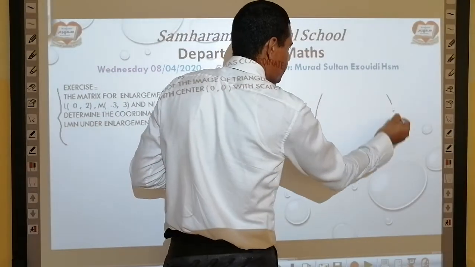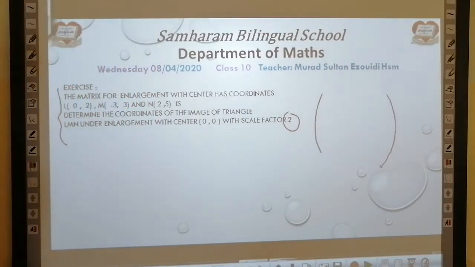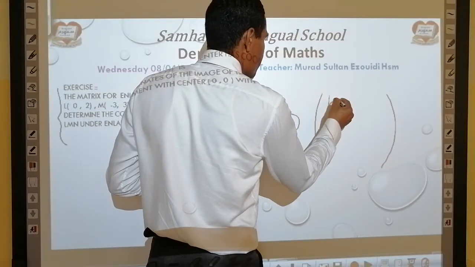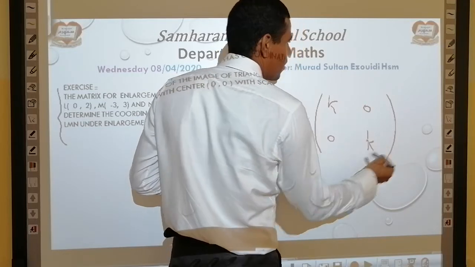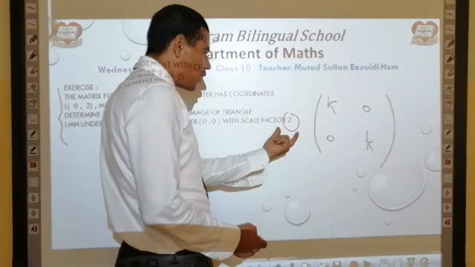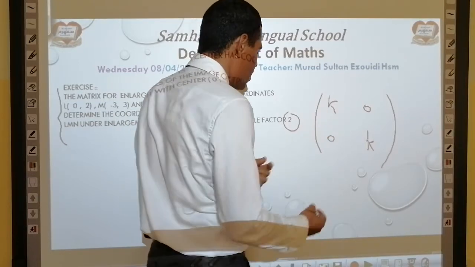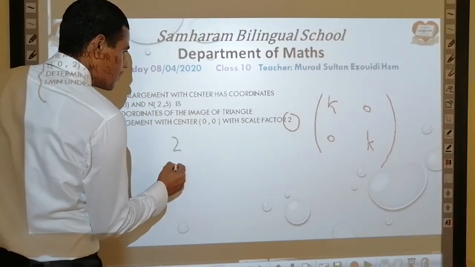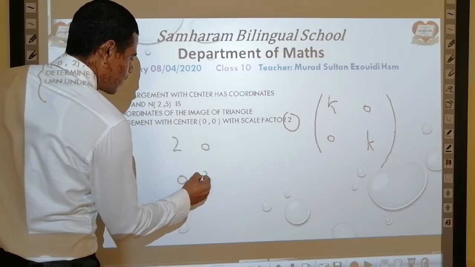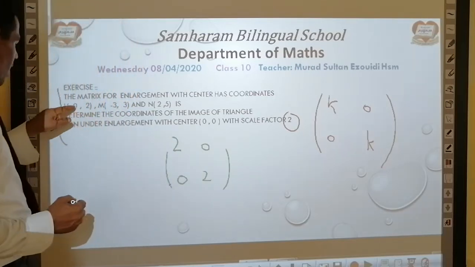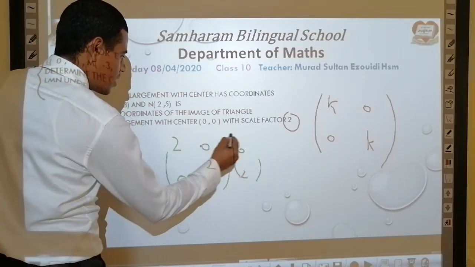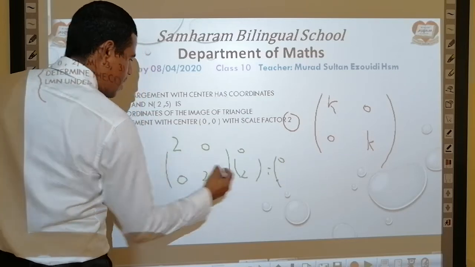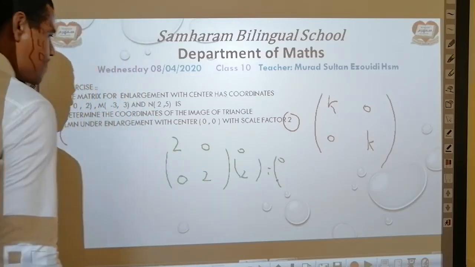It will be k, 0 and 0, k. This is the general matrix. Just the scale factor now is k, which is 2 here. So just write it as 2, 0, 0, 2, multiplied by the coordinates of L, which is 0, 2. So 2 multiplied by 0 will be 0, and this one multiplied by this, it will be,